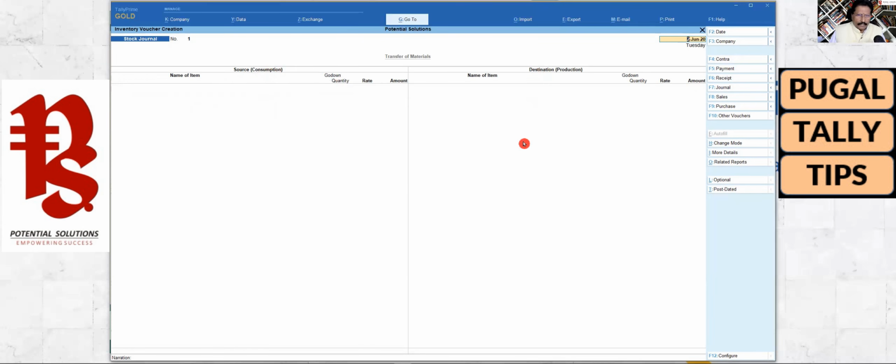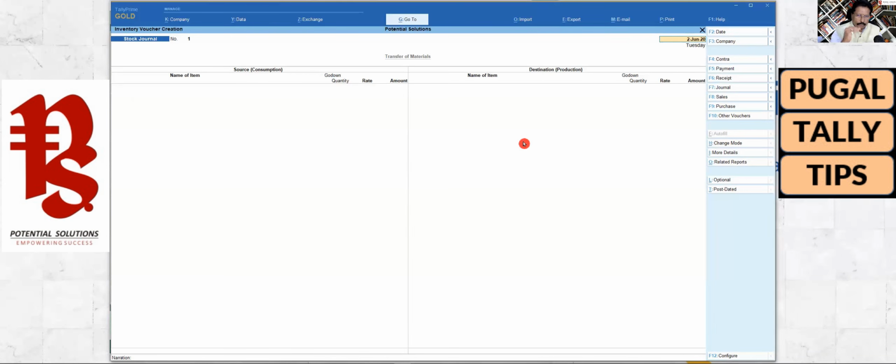So I hope this session has given you clarity on the pure inventory vouchers. What is the impact of these inventory vouchers? We have seen that they impact only your inventory books of account, and financial books of account will not get impacted, right? So we have seen three primary pure inventory vouchers, which are stock journal for movement of inventory from one location to another location.